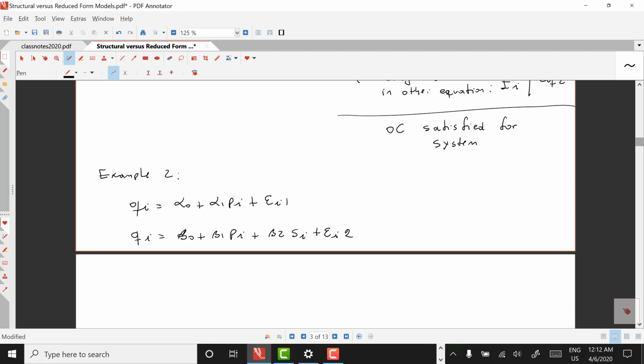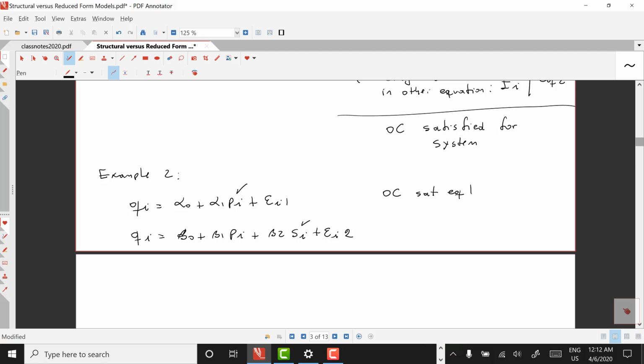Here again we have pi, which we know is endogenous. But in another equation, we have Si as exogenous, so the other condition is satisfied